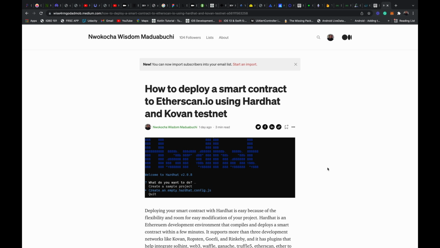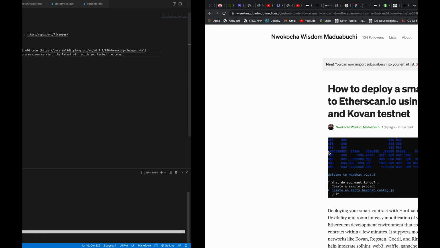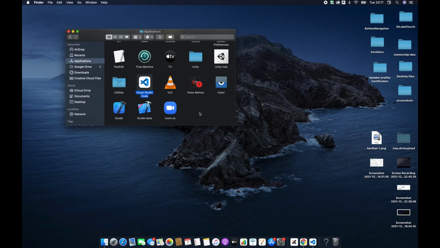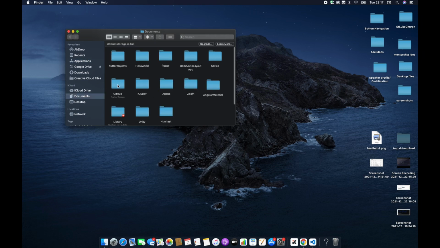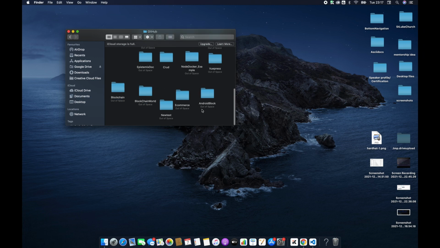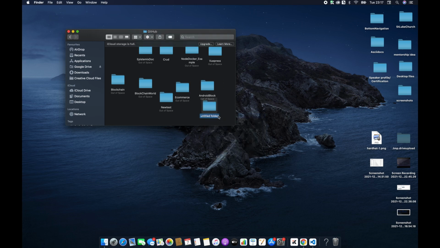In this tutorial, we are going to learn how to deploy a smart contract to Etherscan using Hardhat and the Kovan testnet. So the first step is for us to create a folder. I'm using a MacBook, but you can probably use Windows also. So you go ahead and create a folder. You can use any location of your choice. All right, the name of my folder would be Hardhat